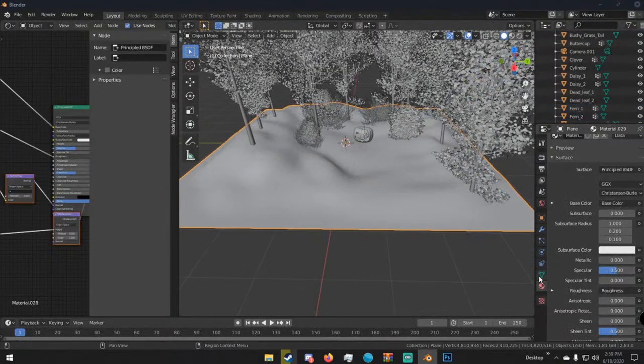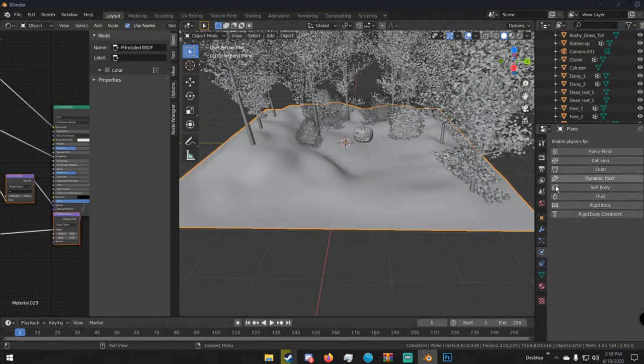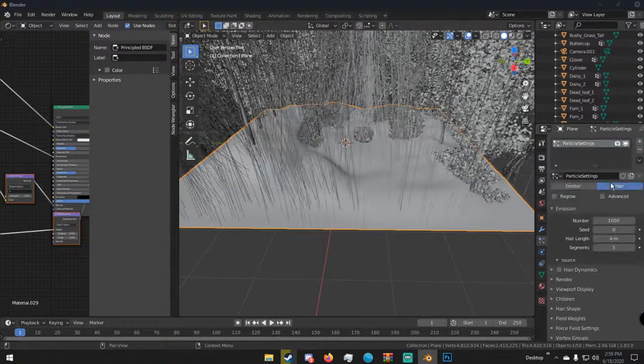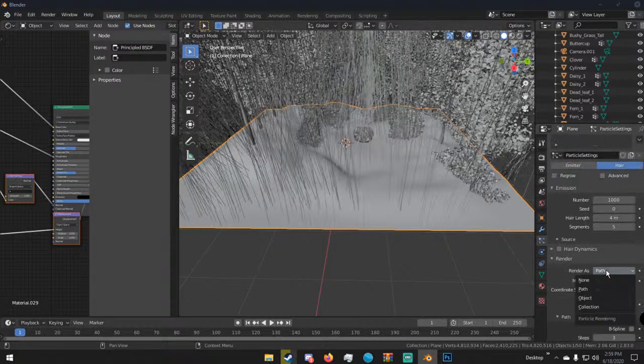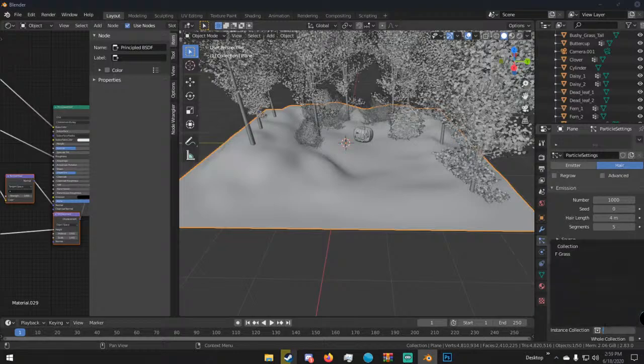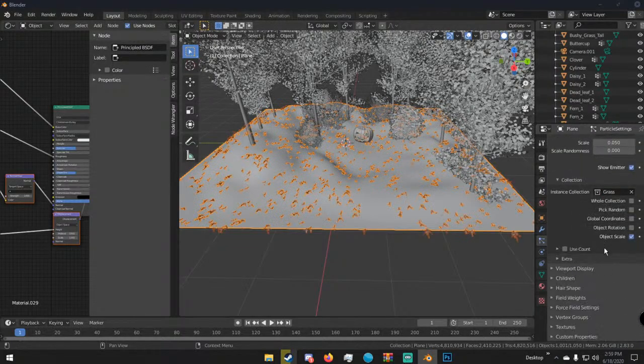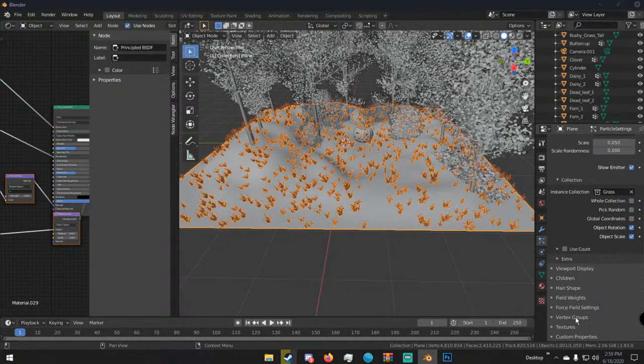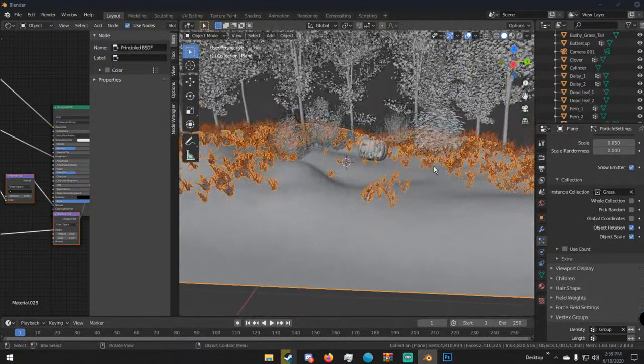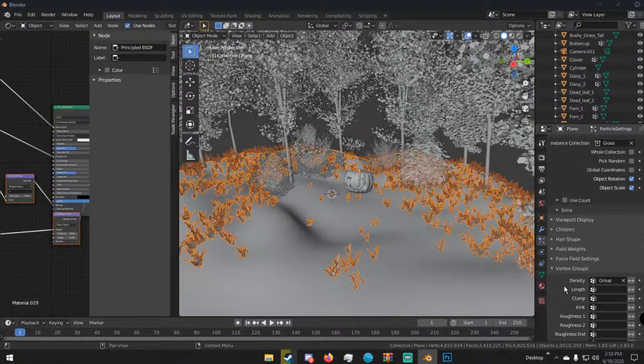Alright, so now what we can do is we can add a particle system, change it to hair, render as collection, instance collection, grass, object rotation, vertex groups, the group. And so now,